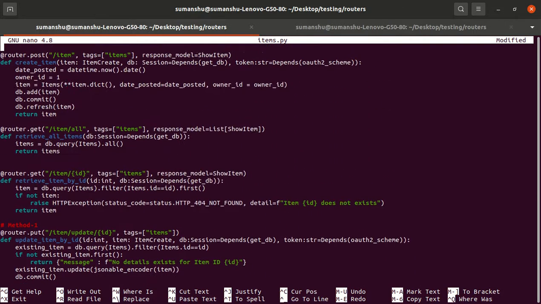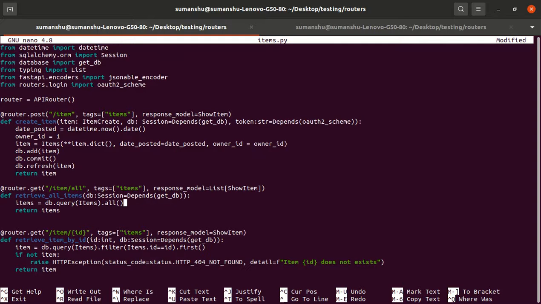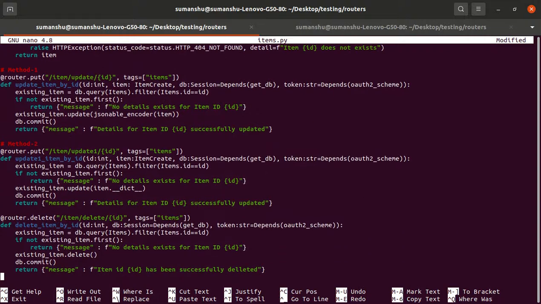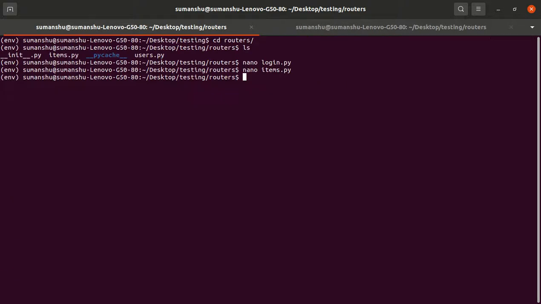So we left the get. So get is okay, whether the user gets authenticated or not. So anyone can read, even without logging in, the user can see the item. That is fine. And even in the user route, create user, we don't need to pass the token because the user is creating the account. So how would they have the token? Okay. So let me save it.